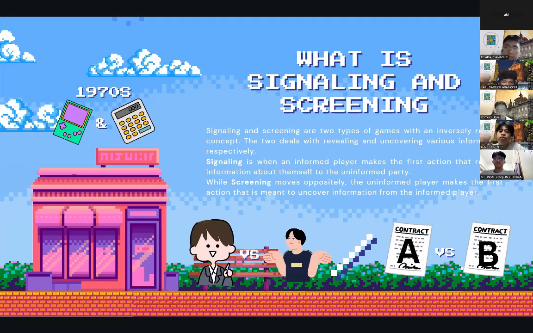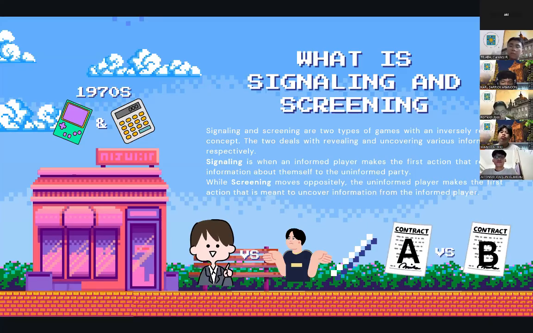Next is screening. Using the same example, the employer offers two choices. This is one method of uncovering information. They offer, let's say, two contract choices to the informed player or the recently graduated student, having option A, harder work or harder tasks but higher pay, or option B, easier tasks but lower pay. So the choice that the informed player makes will give the uninformed player or the employer their capability or their